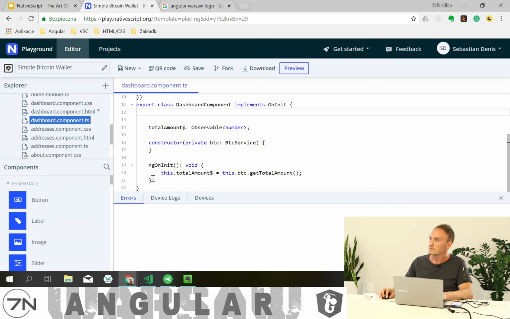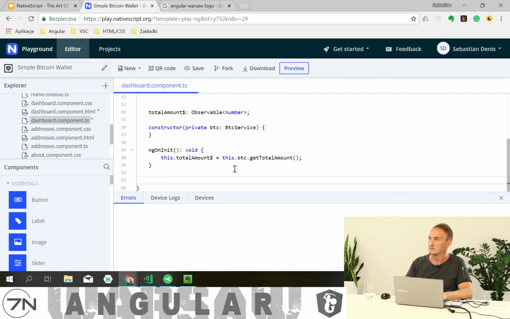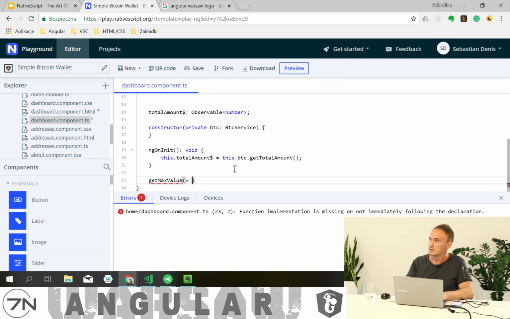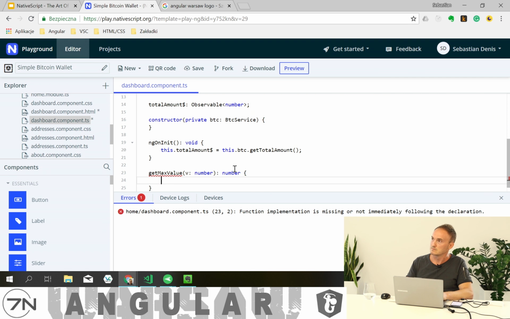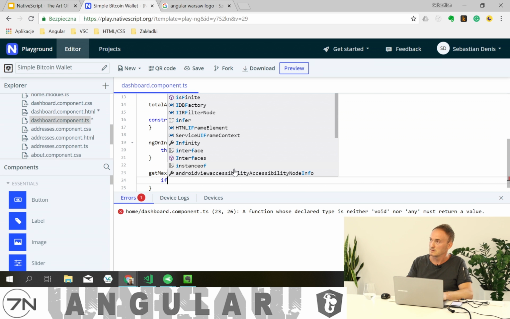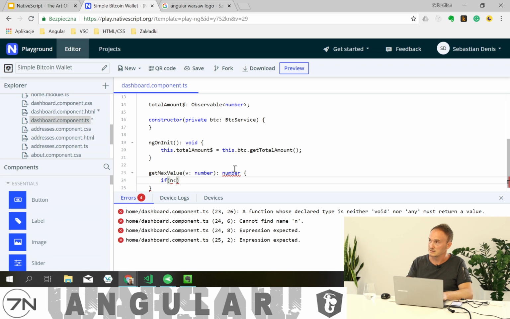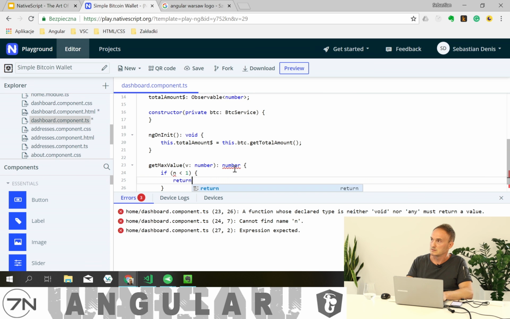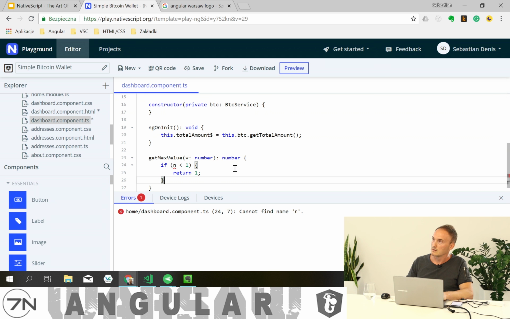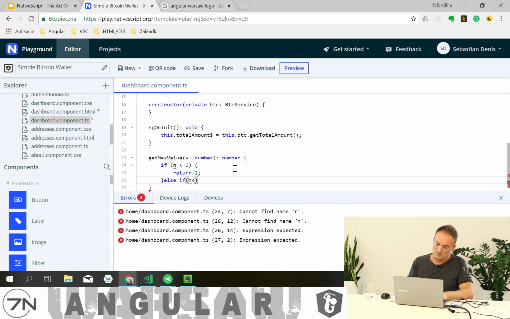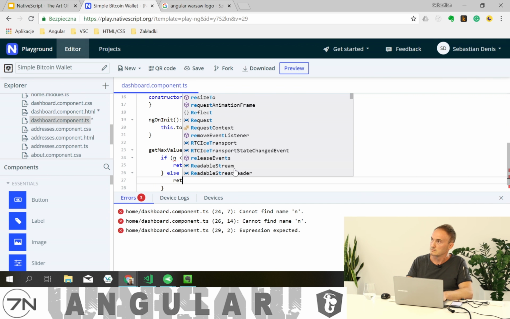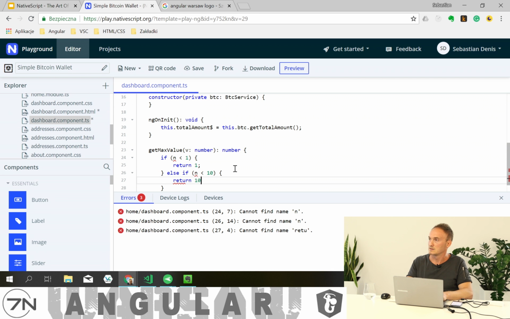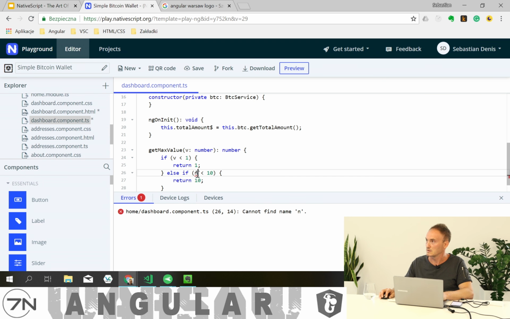So let's go to dashboard component.ts file and add a new method, getMaxValue with number input, and it will return number. We'll make it simple, so if v is less than 1, return 1, else if v is less than 10, return 10, and we use v, okay,